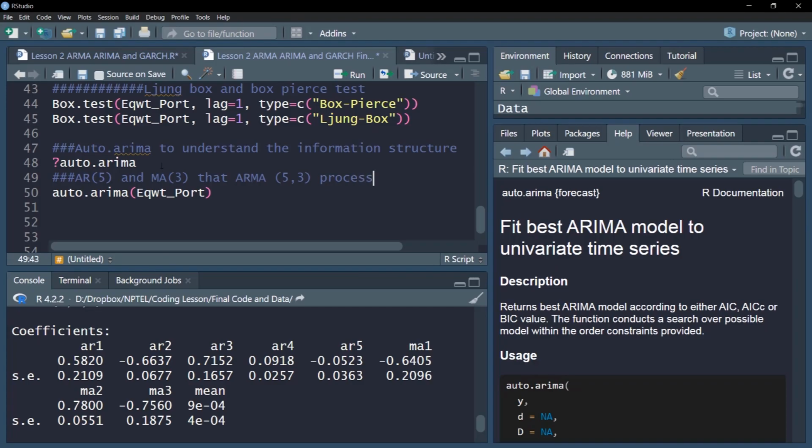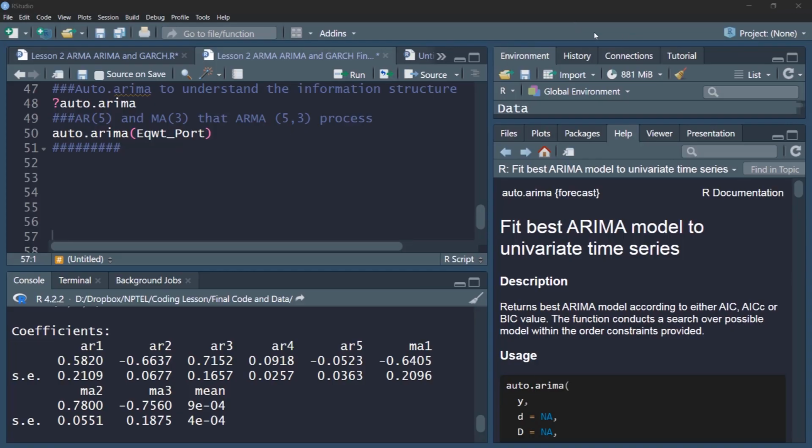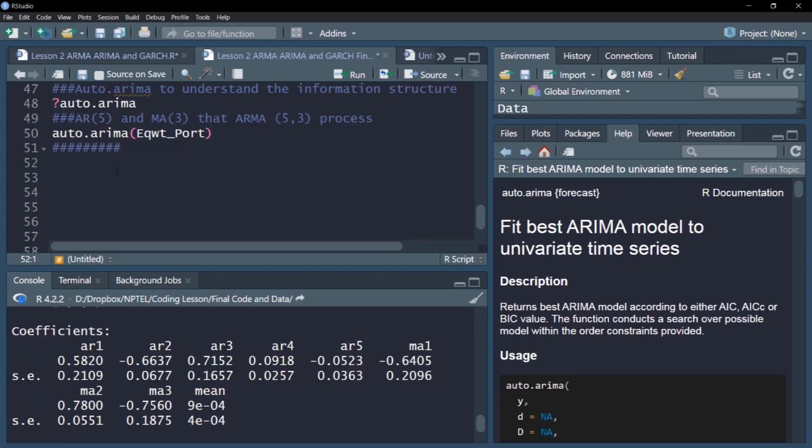So if that is the case, then while simulating our process, we'll take care of that. Now let us first break the data into test and training data set. This is very important.